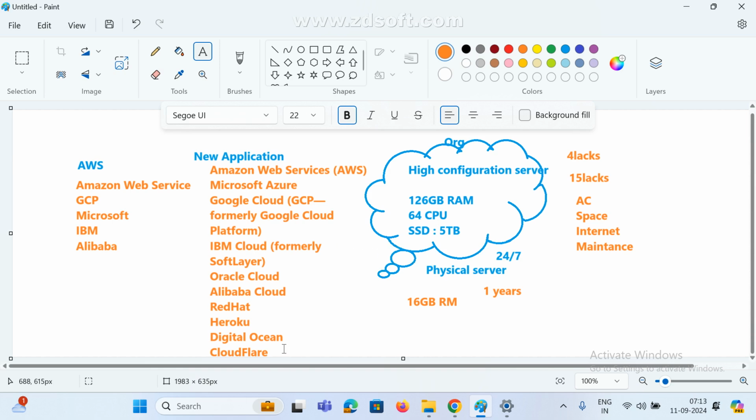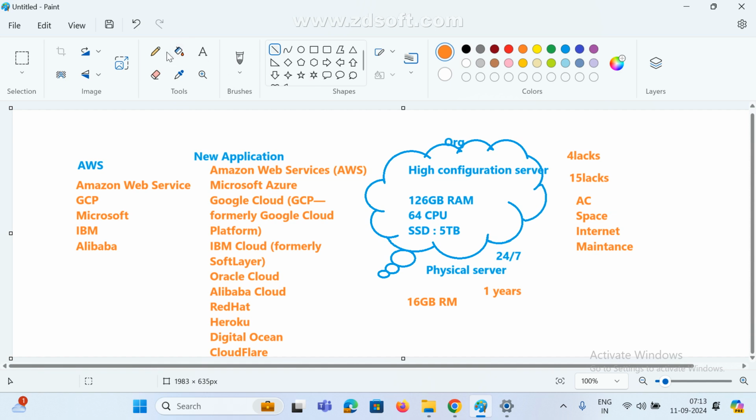Based on requirement, we can select any one. That is your wish. For example, if I need a particular one, I can select it, but there is no restriction. It depends on the company, the client, their requirement, the charges, and the service availability. So we can select any one. But these are the cloud providers. Cloud providers means these servers are all maintained by the providers only. No need to worry.